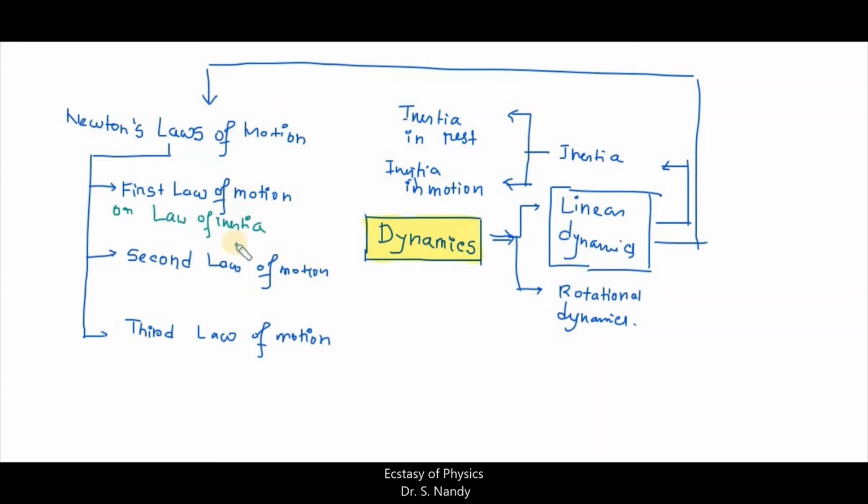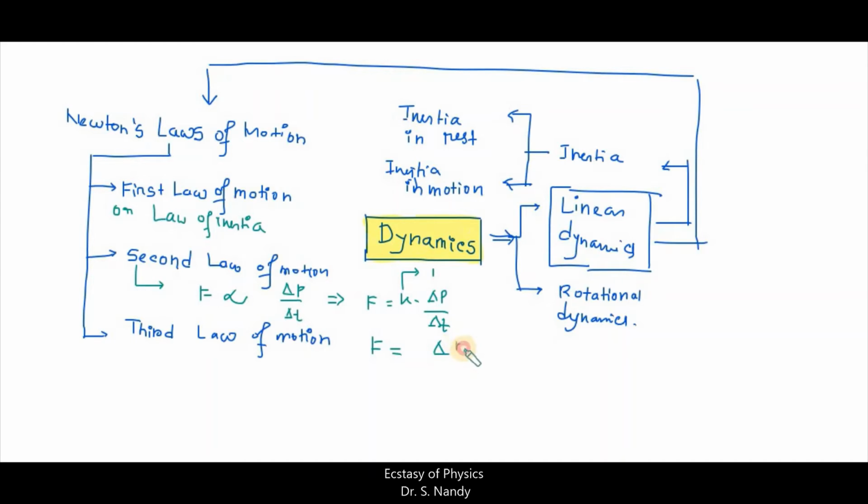Under Newton's second law of motion, it is basically stated that the force exerted on any object is proportional to the rate of change of momentum. So it's delta P upon delta T. From there we consider that F equals a certain constant K times delta P upon delta T, where delta P represents the change in momentum and delta T is the change in time. The constant K is basically taken as 1.